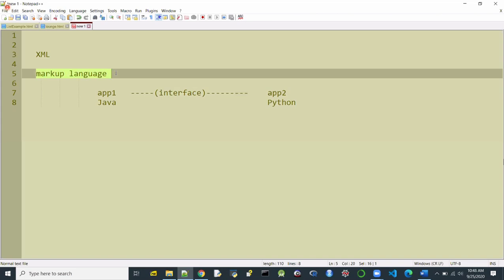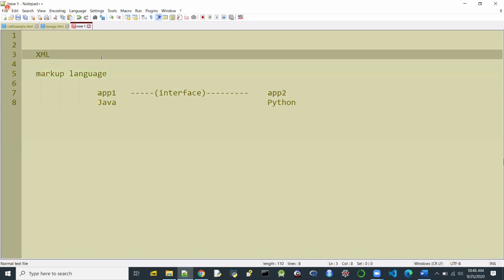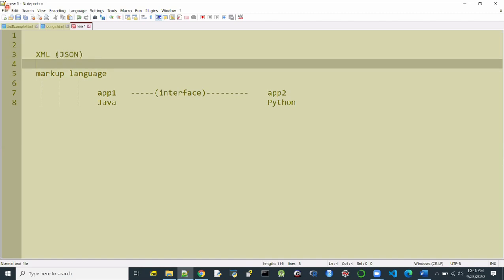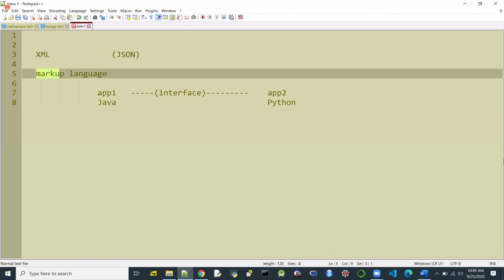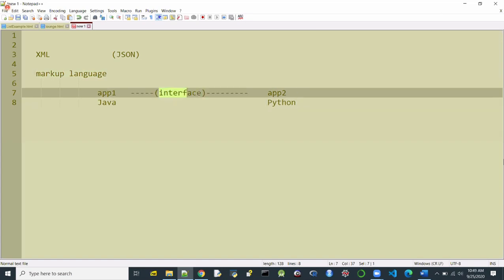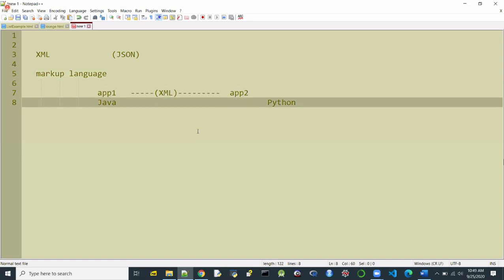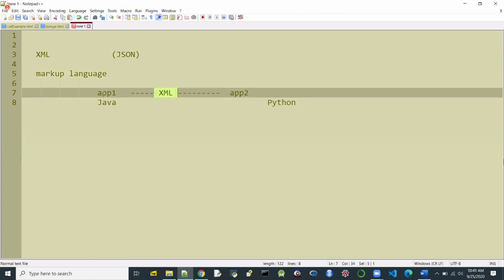Of course, these days there is an alternative for the same thing, which is basically called JavaScript Object Notation, or JSON, and people are also using NoSQL databases. But then we will explore the use of XML along these lines, how to store the data and how to exchange the data. Of course, we don't try to design our own markup language in these sessions. Well, the point here is I write the data using the XML syntax, and this data can be generated by one application and it can be used by the other application.